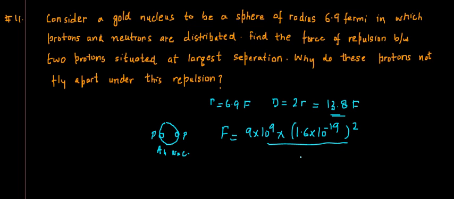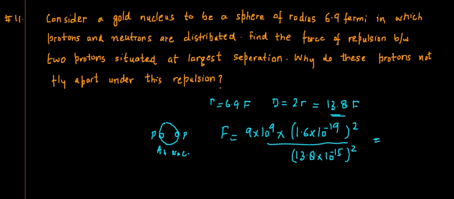Now, what's the distance between the two protons? That's 13.8 Fermi. Fermi is 10 to the power of minus 15. And then you square that distance. So when you solve this, you can clearly see this one becomes 10 raised to the power of minus 38, and we have a 10 raised to the power of minus 30 here. So you are left with 10 raised to the power of 9, and that minus 9, and the 10 raised to the power of 9 here cancels out with that, and roughly when you solve it, this answer turns out to